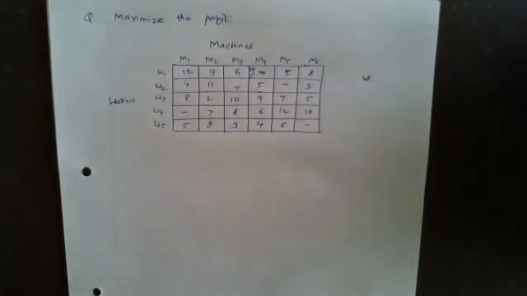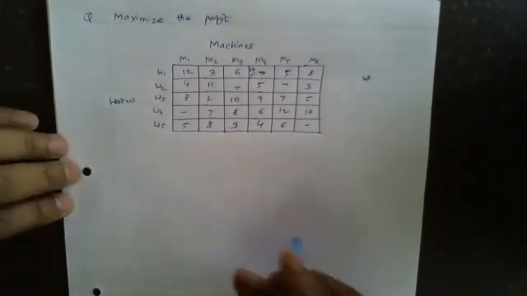Now what is the second step, or what is the procedure to solve the maximization numerical? The first step is to check whether the given matrix is a square matrix or not. Now see, in this particular question, there are 6 columns and 5 rows. So we have to first balance the given matrix. Here we have to add one more row in order to balance it. Are you getting it? Because here we have 5 rows and 6 columns. So in order to balance, we have to add one more row. I will directly add one row here.